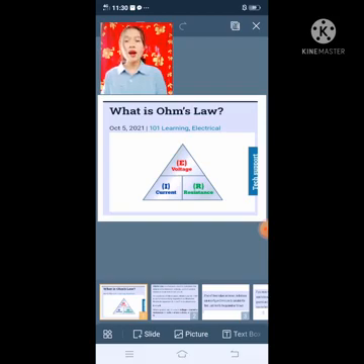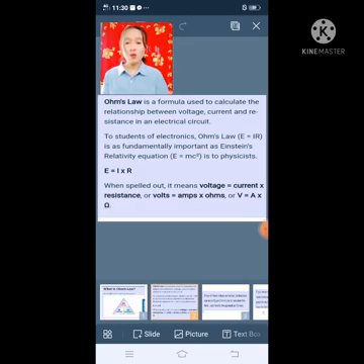And today, I am discussing to you how to calculate the relationship between voltage, current, and resistance in a circuit. But before we are going to do that, let us define first what is Ohm's law. So what is Ohm's law? When we say Ohm's law, it's a formula used to calculate the relationship between voltage, current, and resistance in an